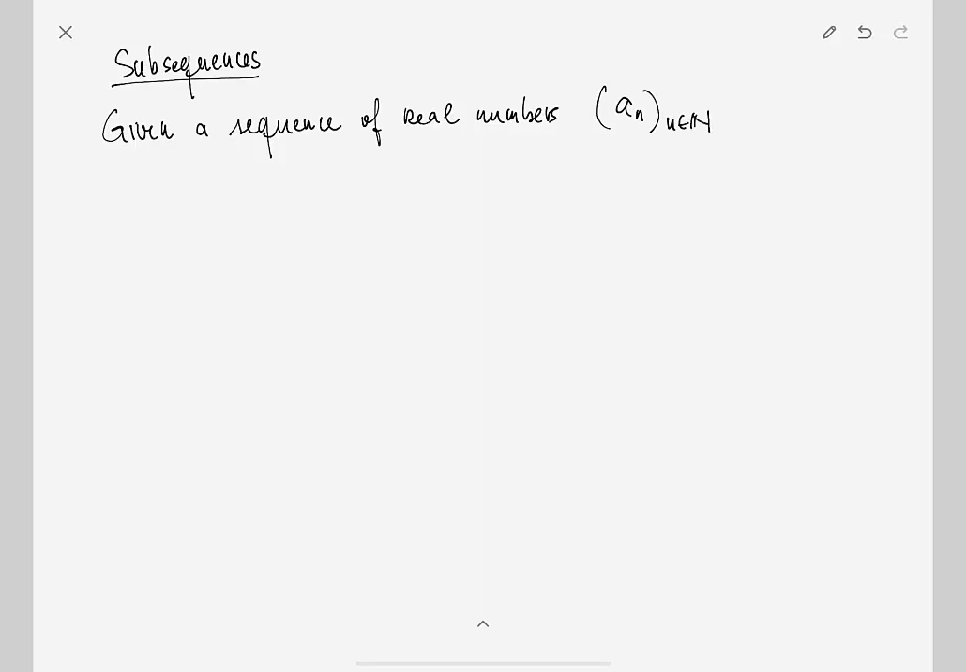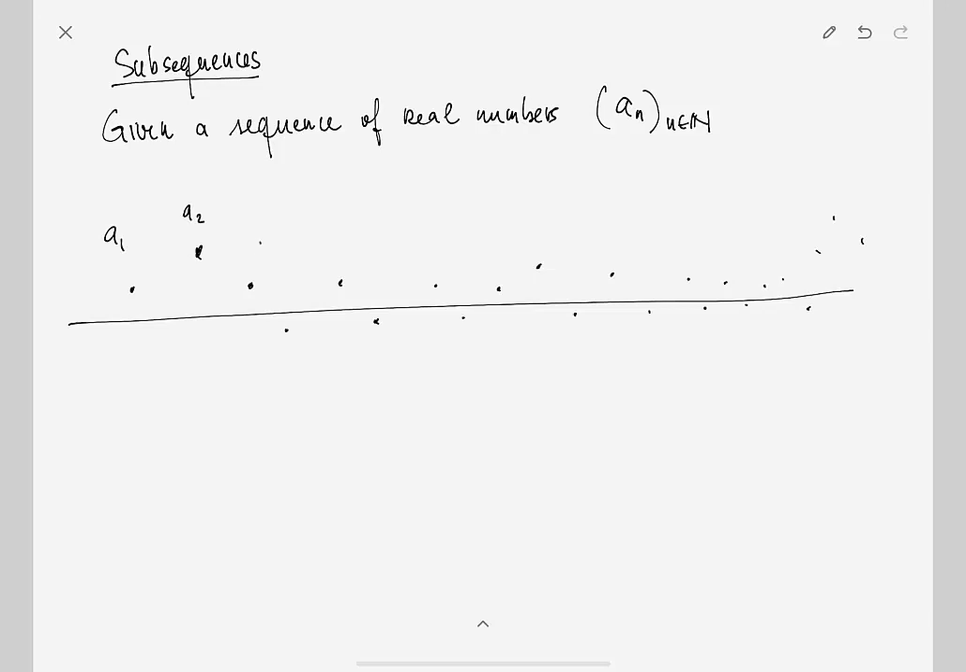One can construct a subsequence of this given sequence by omitting some terms of the sequence without changing the order of the remaining terms. The result is called a subsequence of a_n. Let me try to define this informally first, and then I'll give you a formal definition later. Suppose we have a sequence like this, where this is a1, this is a2, this is a3, this is a4, this is a5, a6, a7,